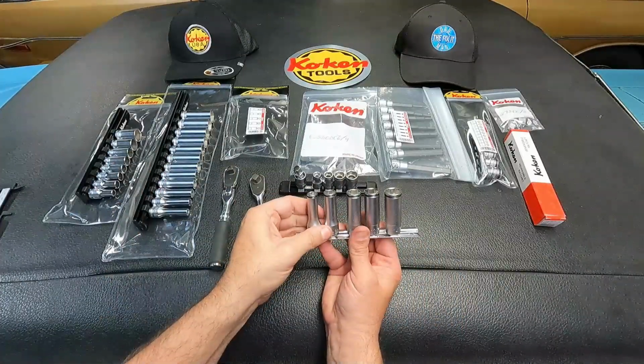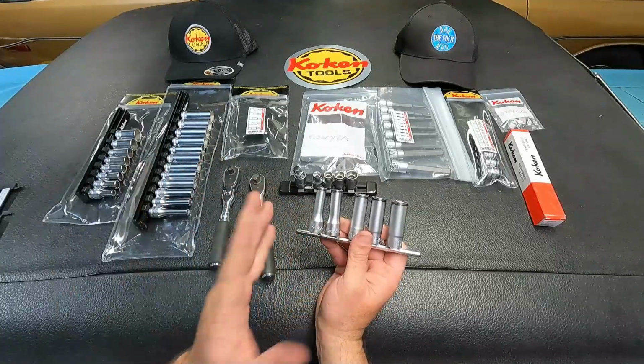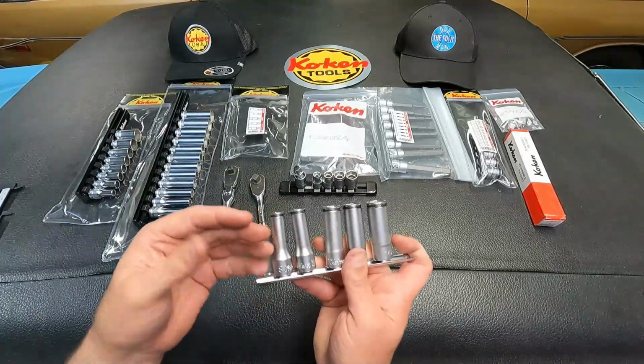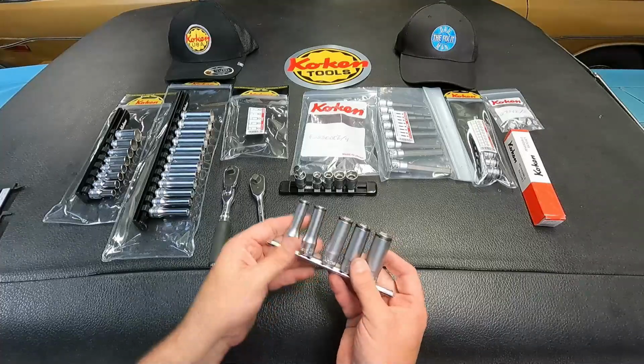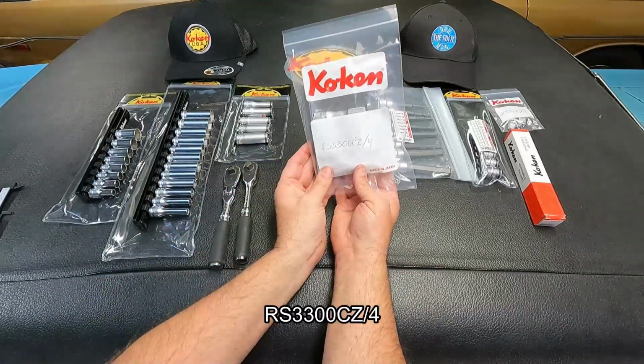These nut grips are really one of the reasons that I found Koken initially, and I absolutely love them. It seems like everybody who has ever used the nut grip socket absolutely loves it, and they all say the same thing: wow, I use it a lot more than I thought I would. It's just such a time saver because you don't end up dropping as many nuts or bolts as you normally would. So moving on to the next item here, this is